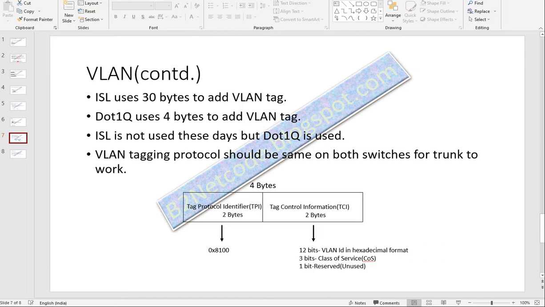It has 4 bytes of tag, out of which 2 bytes are used by TPI, which stands for tag protocol identifier, and 2 bytes are used by TCI, which stands for tag control information. And this TPI keeps the value as 0x8100, right? That shows that the tag being used is dot 1q, and TCI has